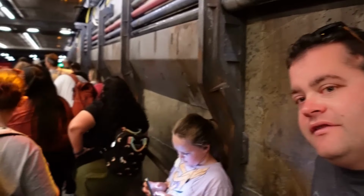Alright, the line has been currently 37 minutes, so fairly close to what the app was saying, just a little bit less. We're almost into the pre-show. Both the standby line and Lightning Lane are all in the same area here, so